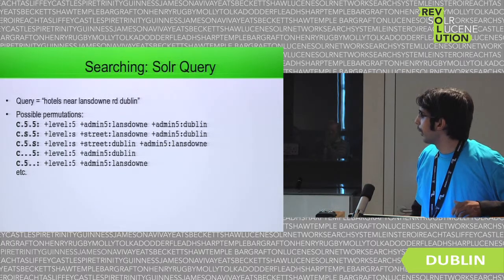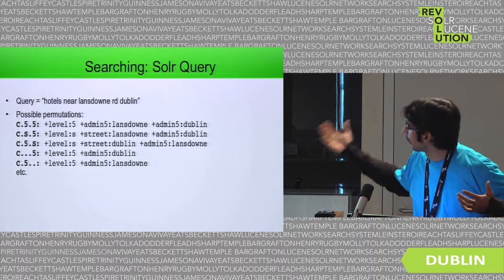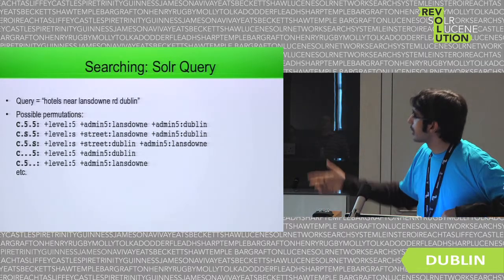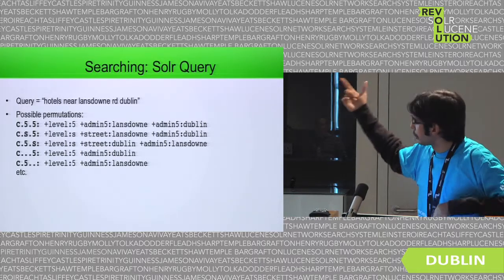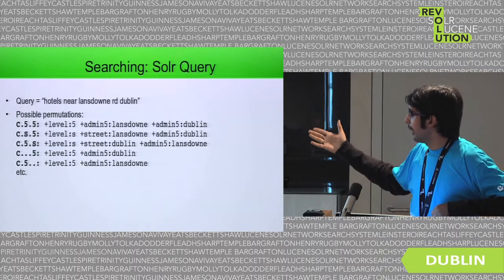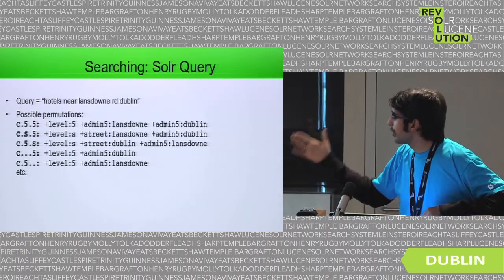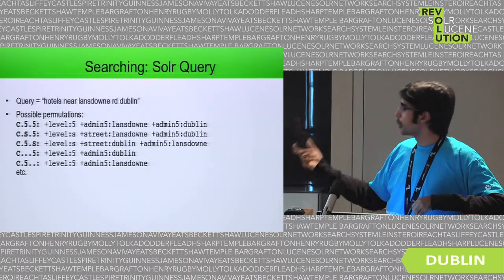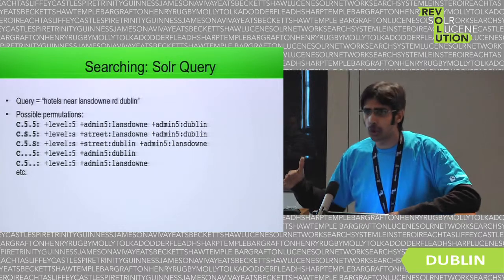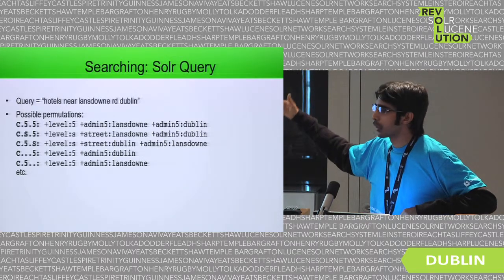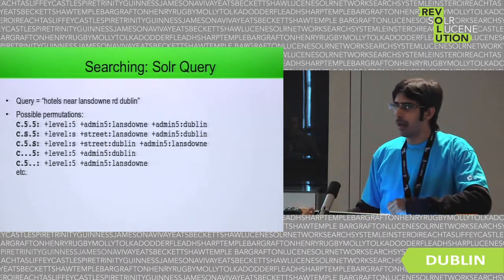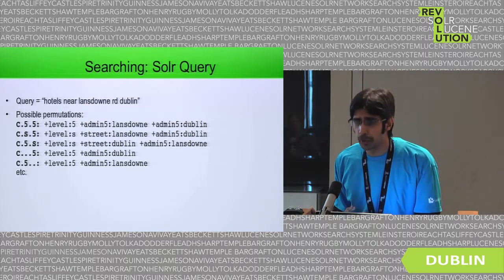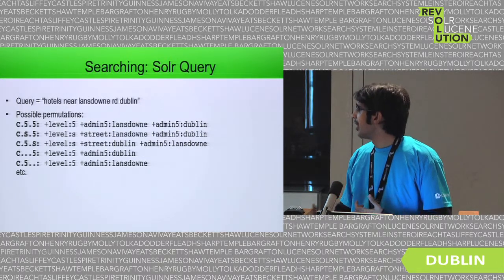So in this case, we try to see what are the different permutations which are valid. The way to do this is a Solr query, a Boolean query, where we pass all of these permutations into the Solr index to ascertain whether there exists even a single document for some of these user queries, these Boolean queries. Some of them will have at least a document, in which case that is a valid permutation. Some of them will not have. For example, in this case,